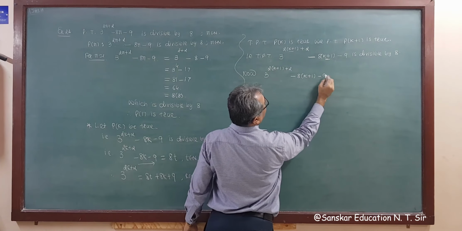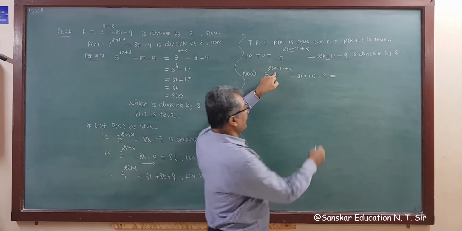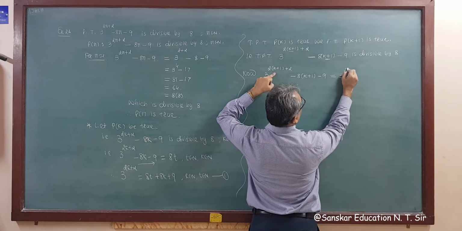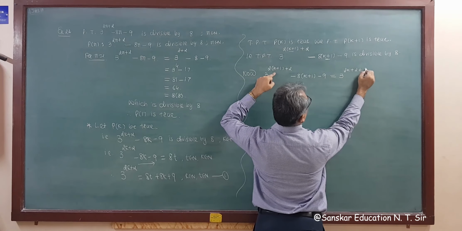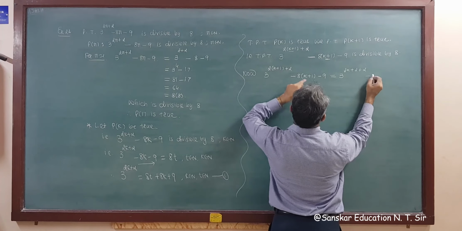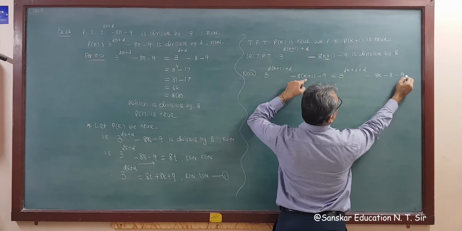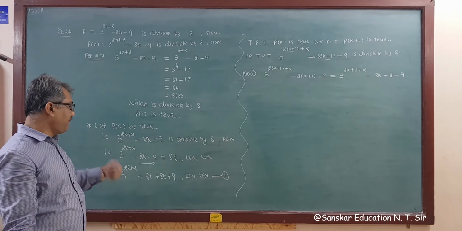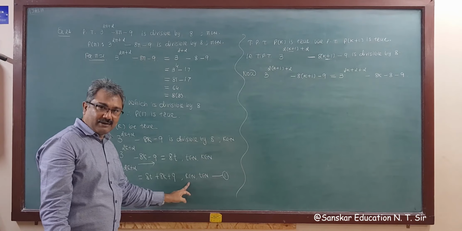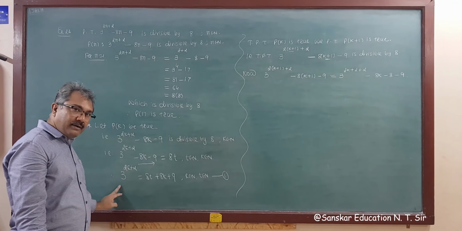So now 3 raised to 2 times k plus 1 plus 2 minus 8 times k plus 1 minus 9 is equal to, now simplifying this, what do we get? 3 raised to twice k plus 2 plus 2 minus, this is 8k minus 8 minus 9. Now as I said, pay attention here, right? What do we need?